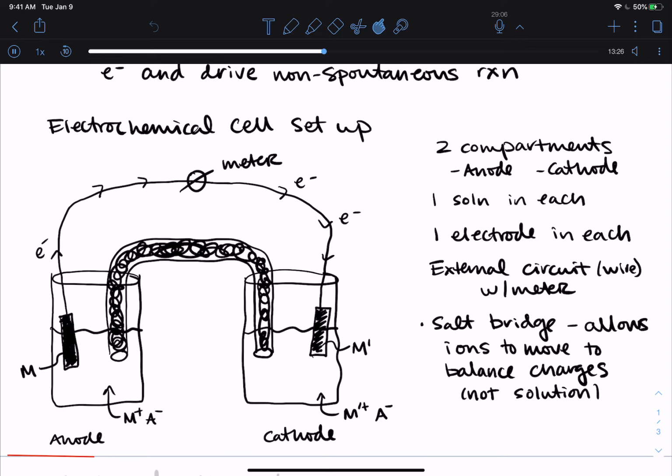Okay, so this is a lot going on. If you wanted to tell someone about a galvanic cell that you were running, that you wanted to put together, communicating it through this drawing would take a really long time, and it's kind of a pain. So we do have a shorthand